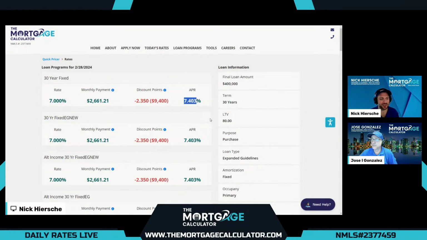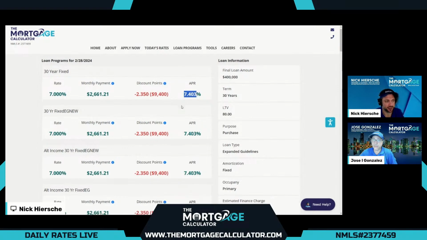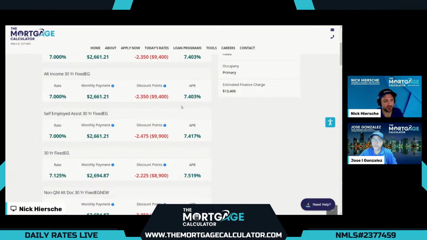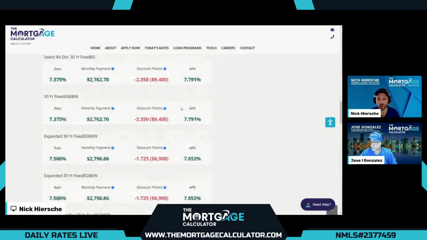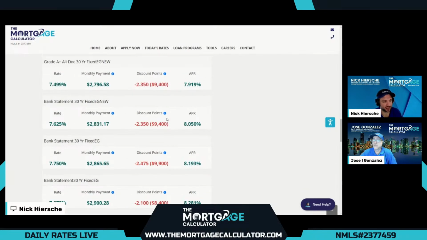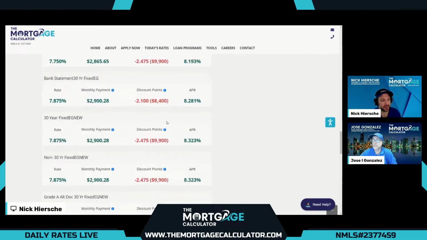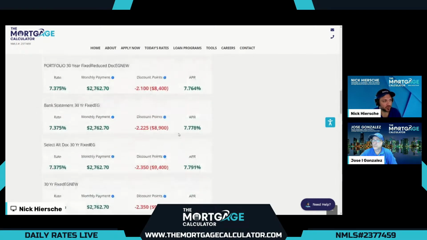So our customers that need to use these programs, don't be afraid. They're only a slight bit higher rate and cost, and allow us to qualify where you would otherwise not qualify. So please get with our team to find the best options. Some of these down here on the list, there's hundreds of variations. Some of these further down may allow credit events such as foreclosures and bankruptcies and other events that would cause us to not qualify. And some may allow different ways to calculate the income. So please get with our team to find the best options for you.